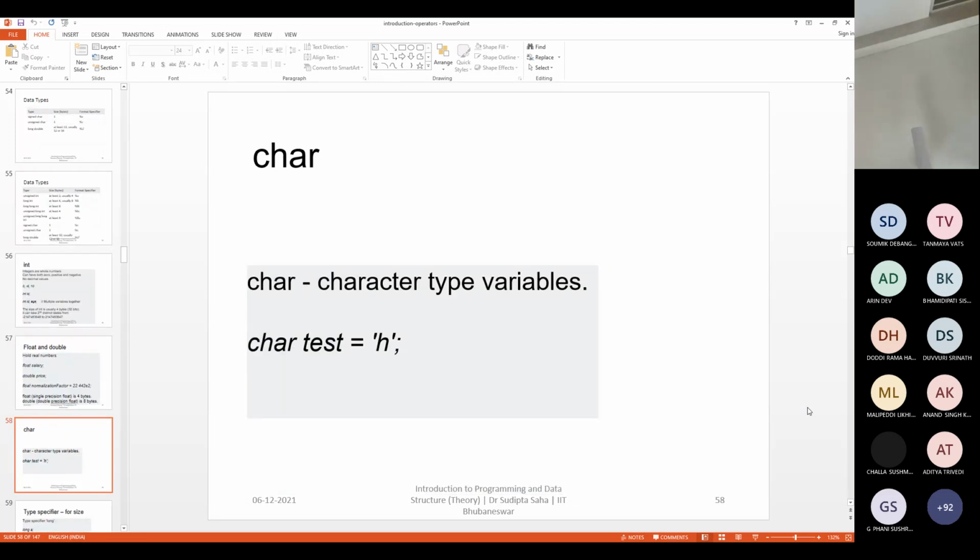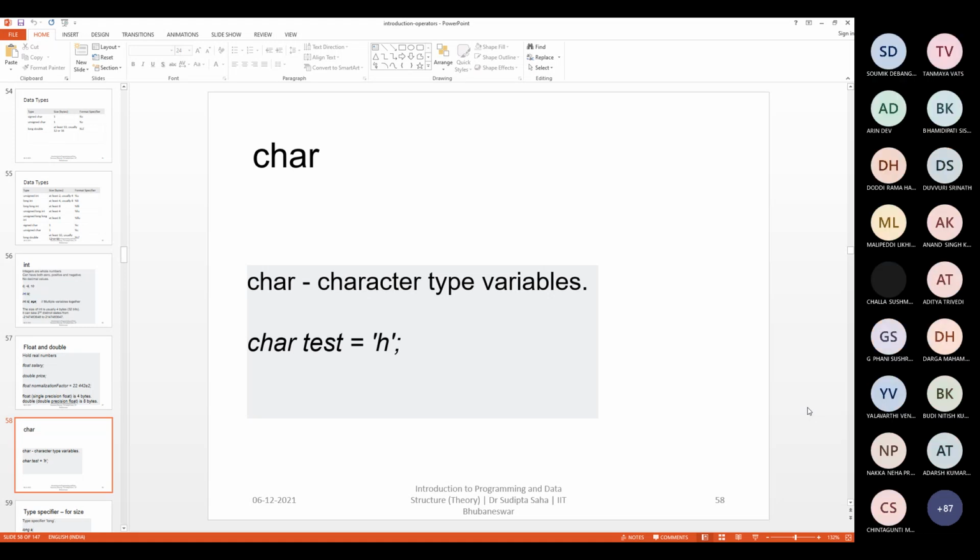Okay, so characters. Now characters are a little bit mysterious. Characters are basically integers. You have to remember these things very well. Character variables are basically integers. The only difference is that they have a different representation.